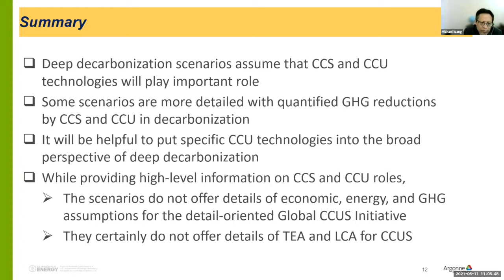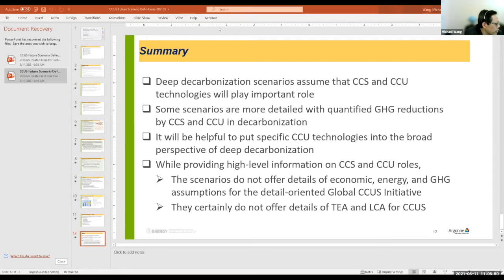So I'll stop here to see if there is any question. Okay, it looks like Antonio has a question. What is expected role of CCU technologies used in our carbon circular economy perspective in reduce non-renewable resources, in particular